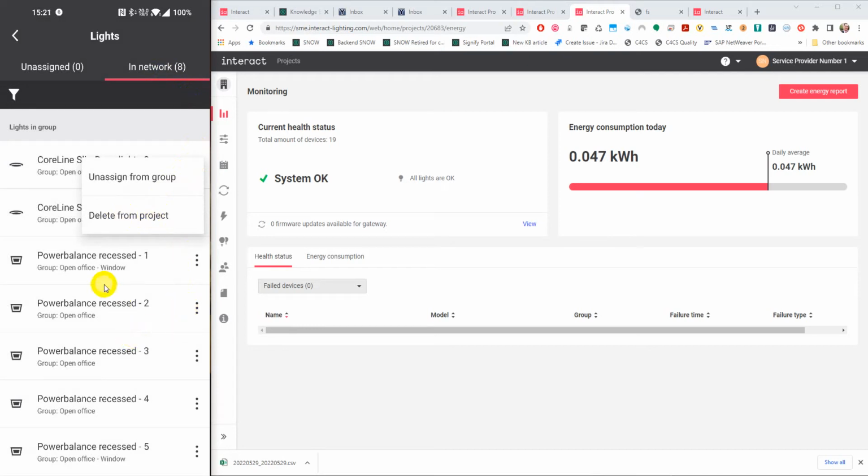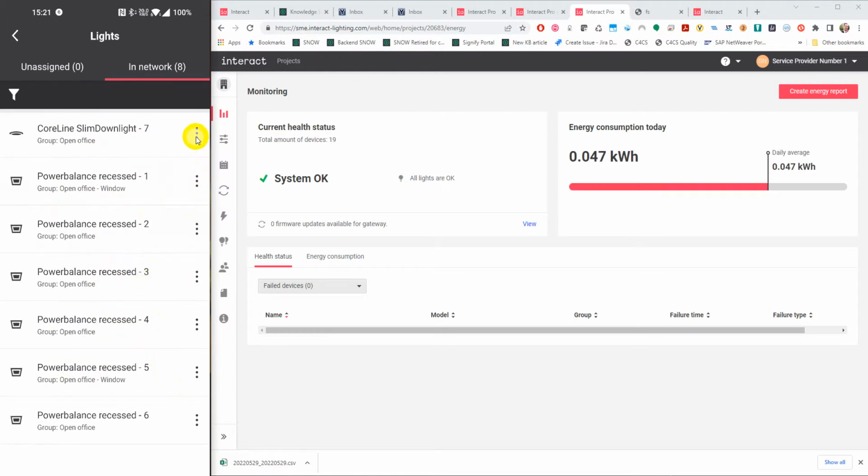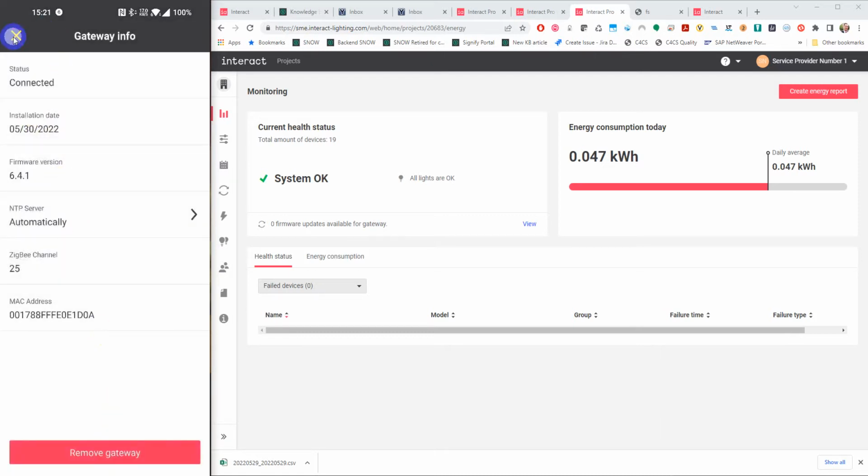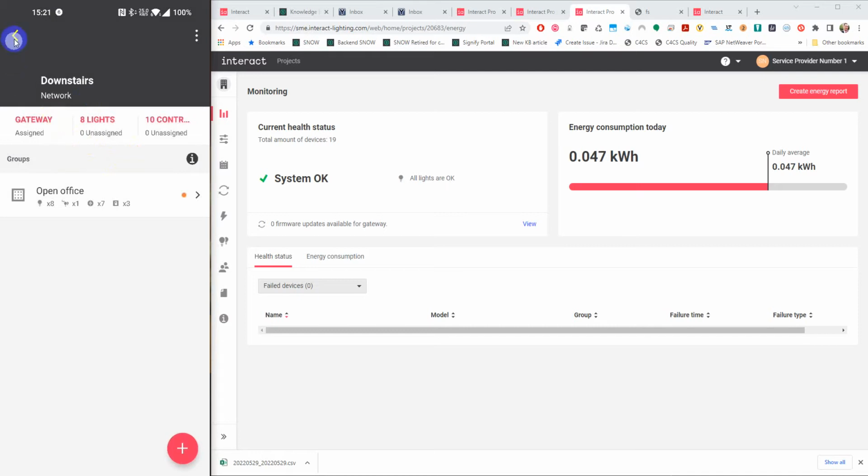I just need to make sure whenever my project is large that my gateway is always in reach of the luminaires that I want to delete, so as not to create any gap in the network. So deleting all the lights one by one from this project allows you to empty the list. There are no active lights in the system anymore, and from there you could simply consider this project as done. The only thing you need to do is to remove the gateway and then synchronize to the cloud, unlock your